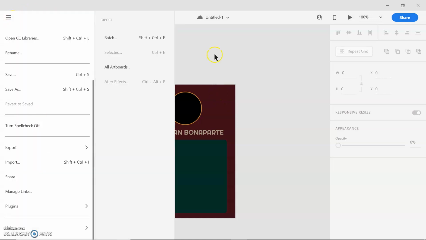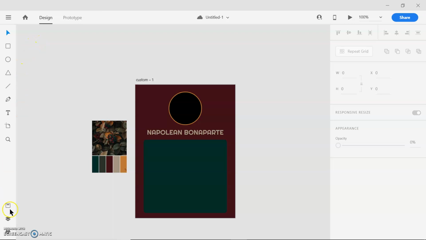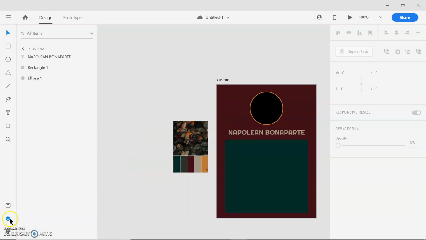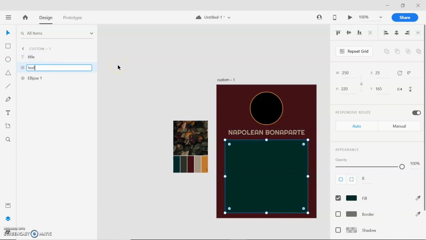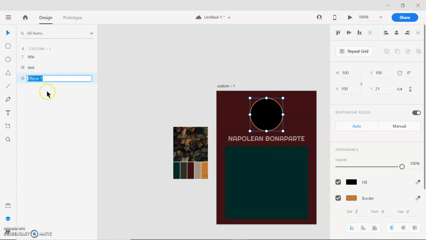That might help. Actually, before we do that, we're going to go to our layers, which is this stack of layers icon, and we're actually going to rename our layers. So this helps when you're transferring things from CSS into BBCode. It just keeps things in order when you have 20 objects rather than 3. It's a good practice to have that I haven't always had until recently. So let's just go ahead and rename all of these. You can just double click and it'll open up the little edit object,